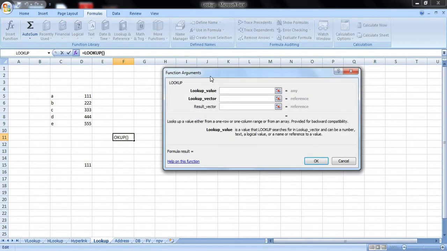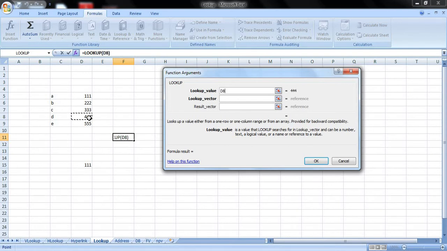Click on OK. Now we have three arguments here. The first one, as usual, is lookup value, a reference point. Second one is lookup vector. The third one is result vector. Let me first select lookup value. What I'll change here now is, instead of selecting the first column of my table, let me now select this reference.